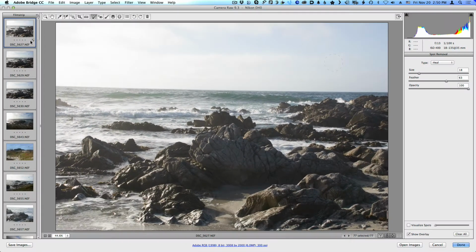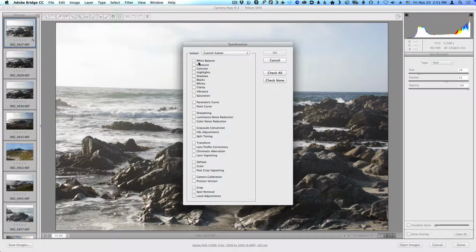That's called synchronization, and it can be accessed from this little drop-down menu next to Film Strip. You'll note Sync Settings is the option that I want to use. It would also be Option S on a Mac or Alt S on a Windows computer. And once I've done that, it asks, what do I want to set? Now, there are a lot of settings that we'd be able to synchronize, but this is just about the spot